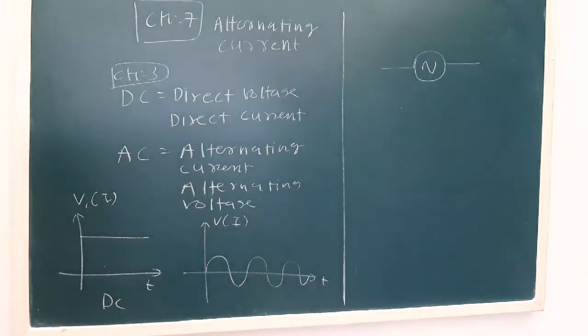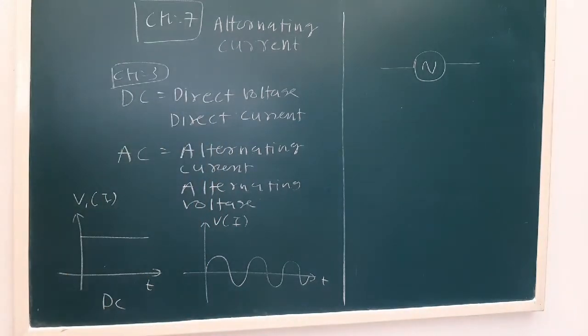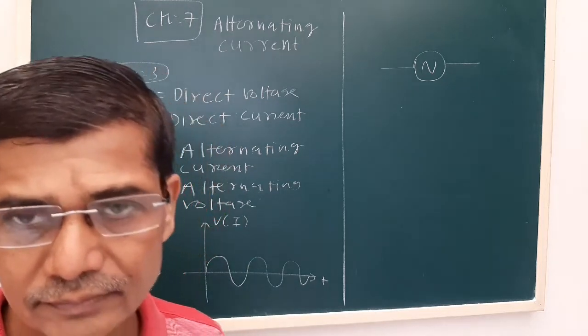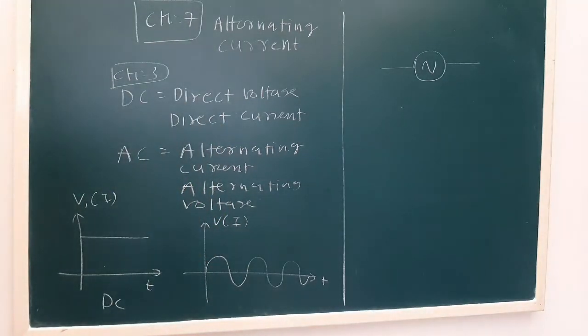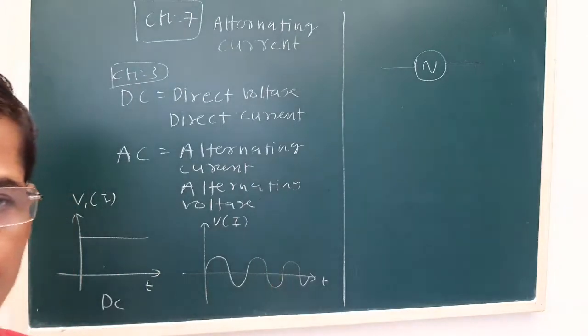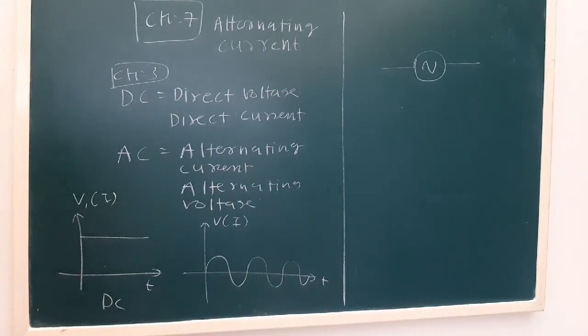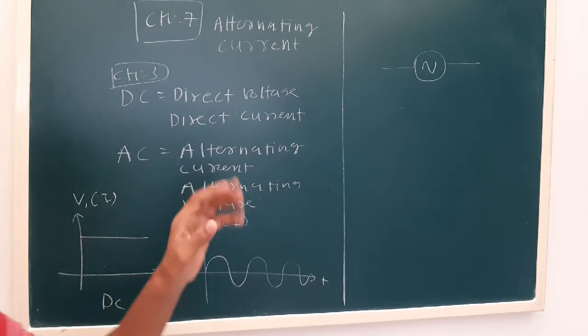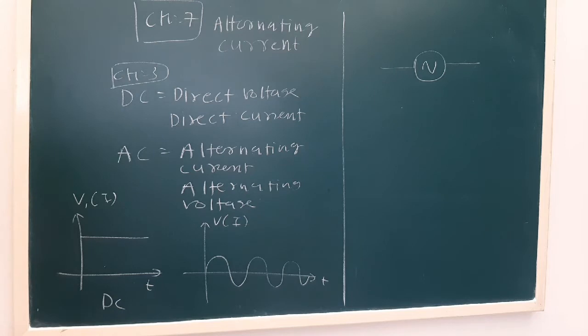Also by using AC we can generate various frequencies. When we tune to a radio station or a channel in our set-top box, one important component, that is the oscillator, also works using AC components. That we are going to study later in this lesson.